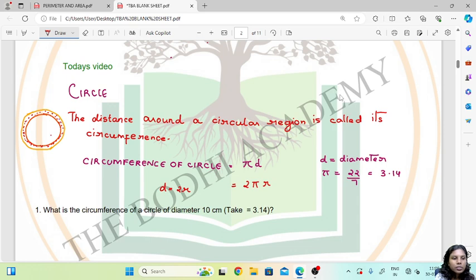In that case, that person will run only in this outer area where this dotted region is. So that person will only run in this area, so he will cover only this distance. So how do we find out that? Now to find that, finding the distance, so that equals the circumference